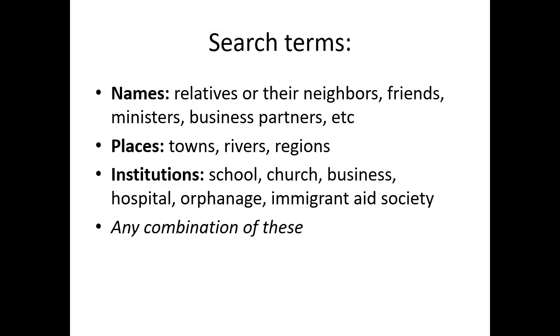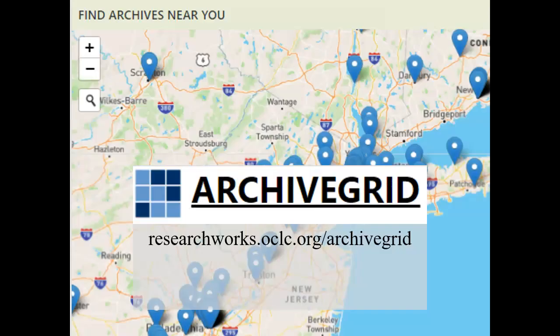Exploring ArchiveGrid can be a real hit or miss sort of thing, since you never know what kinds of items will be listed about which relatives or under which of these kinds of keywords. Your first searches may come up with absolutely nothing. It may take some time before you find something that's relevant to your family on ArchiveGrid. But what you do find may be one of a kind and well worth the effort.